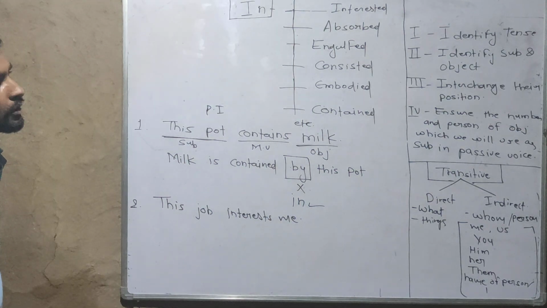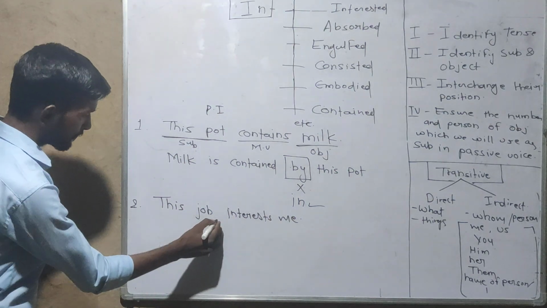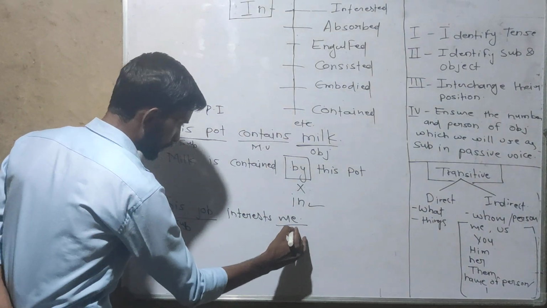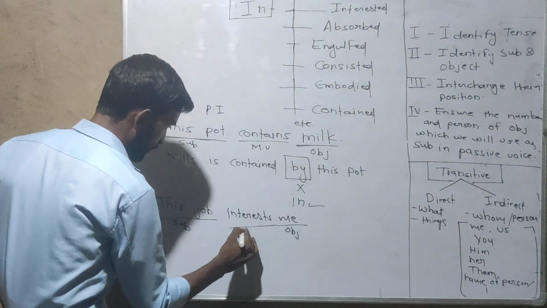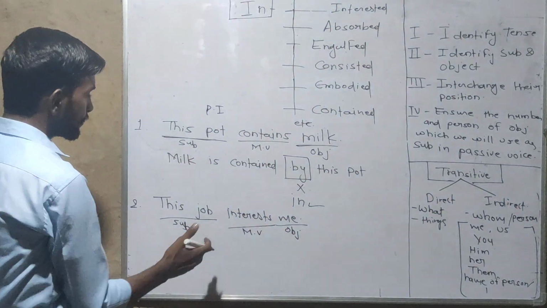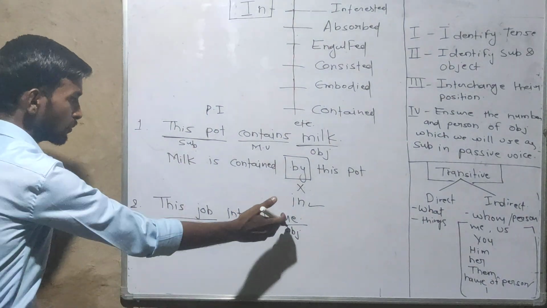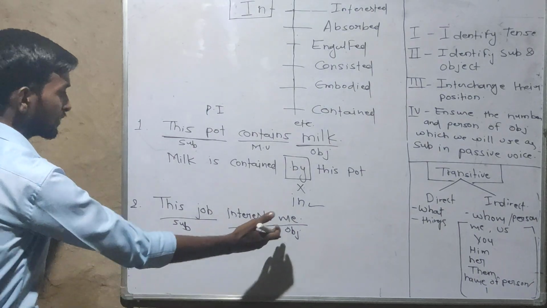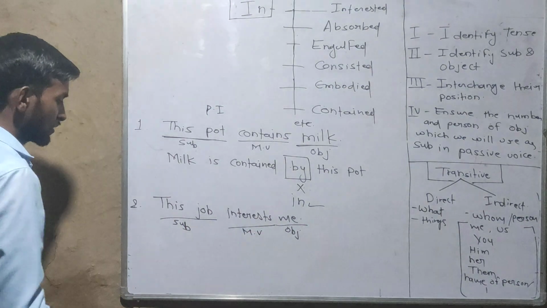In step 2 we identify the subject and object. So this is the subject, this is the object, and this is the main verb. Now we will interchange the positions of the subject and object. So me is here in objective case. When this comes in subjective case, this will become